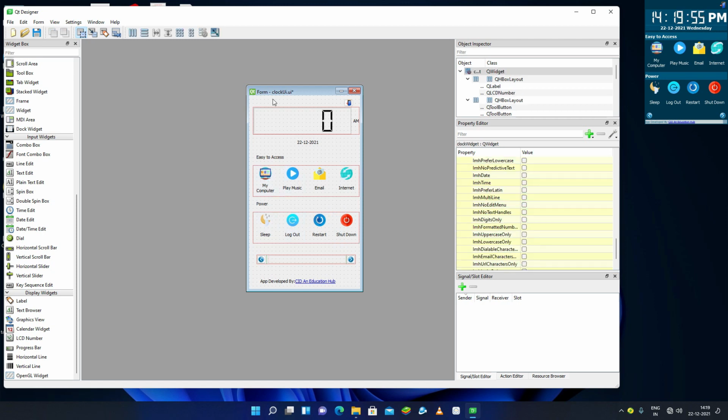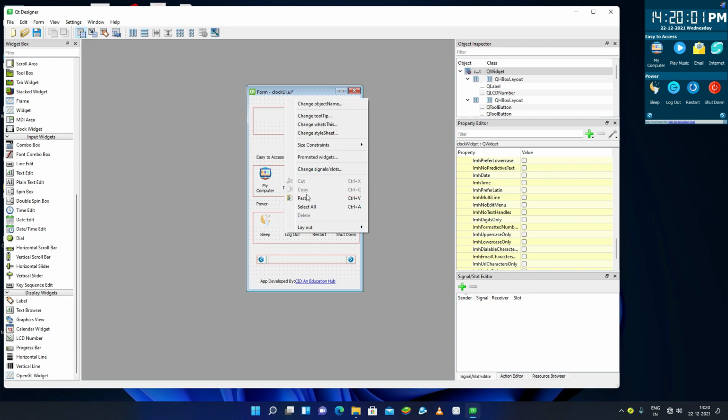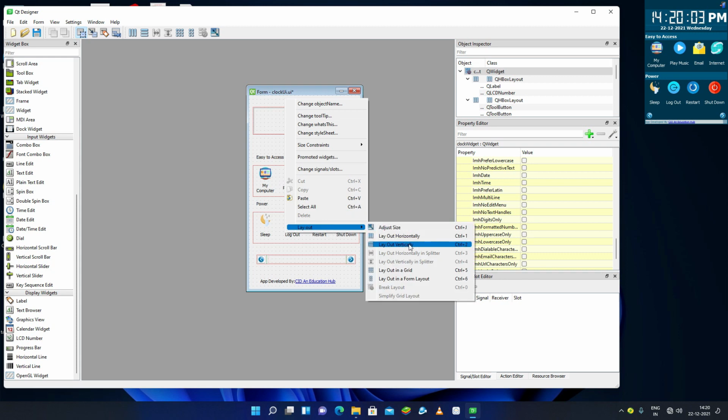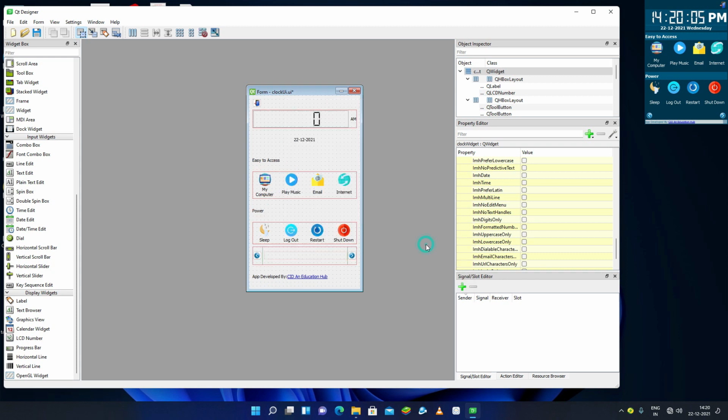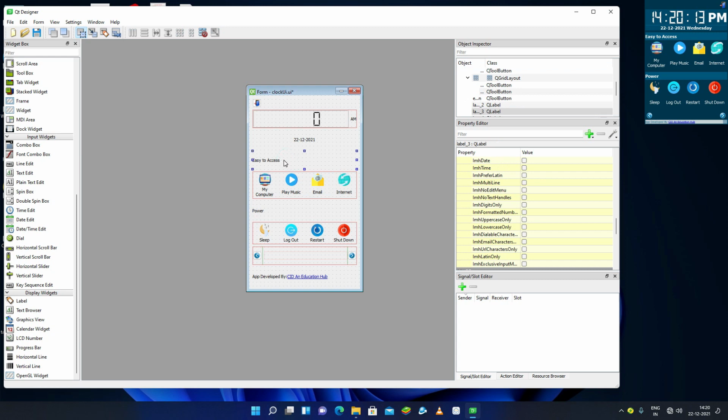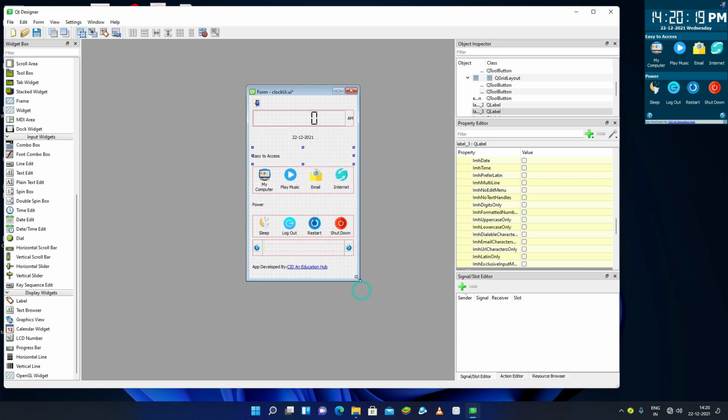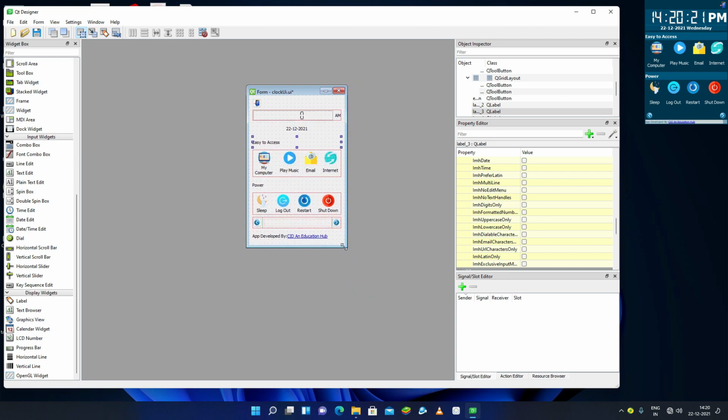Now time to add all the things into the layout. So I'll right click on this widget, and under layout I'll use layout vertically. So all the things will be laid out in the vertical section. And now as you can see, these are not in the right positions. So first of all, I will change the sizes of all the things. First, let's resize the default size of our widget.